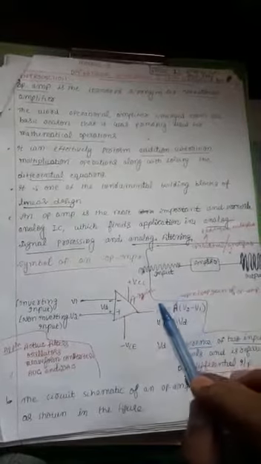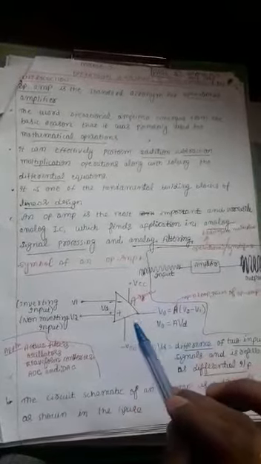Here Vd is called the differential voltage, nothing but the difference of these two voltages given as input to this amplifier. Therefore, A is the open loop gain of the op amp. Open loop in the sense the output is not connected to input. You have another type, that is closed loop gain. In the case of closed loop gain, a part of the output is fed back to the input. But in this case, A is the open loop gain of the op amp.